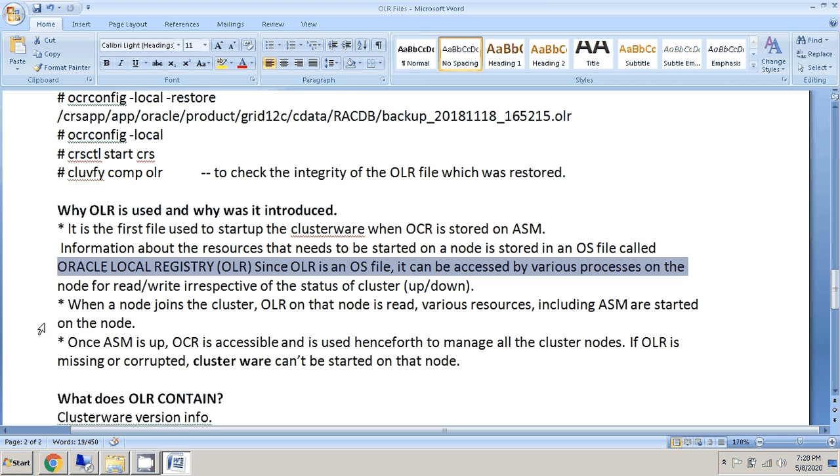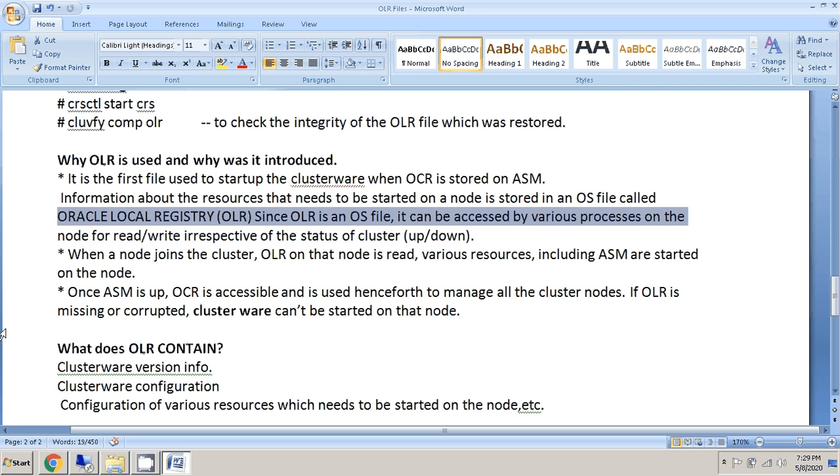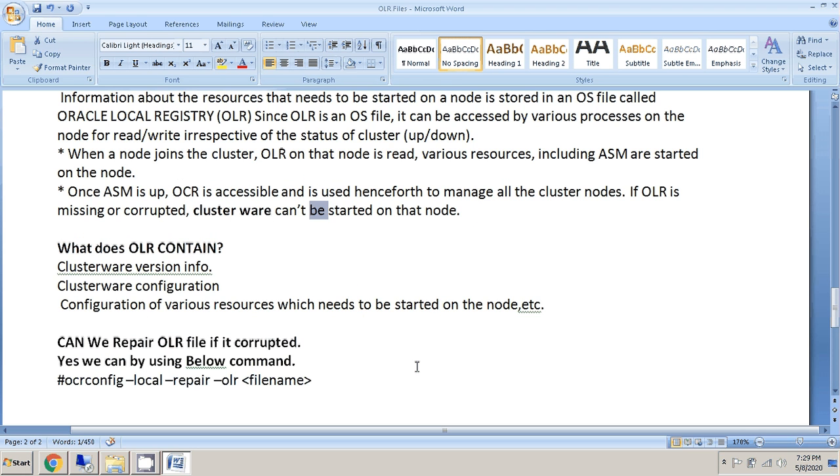When a node joins the cluster, the OLR on that node is read and various resources, including ASM, are started on this node. Once ASM is up, the OCR is accessible and is used henceforth to manage all the cluster nodes. If the OLR is missing or corrupted, the cluster cannot start on the node. So the OLR is very important to start the node.